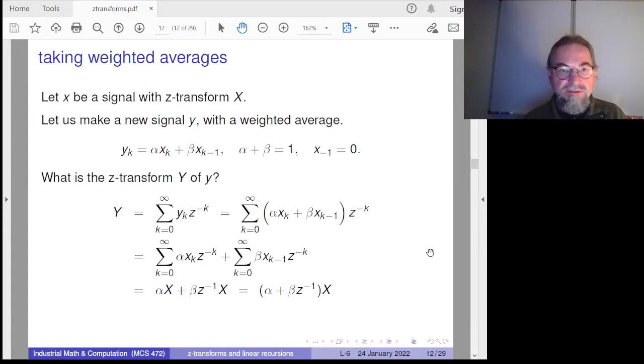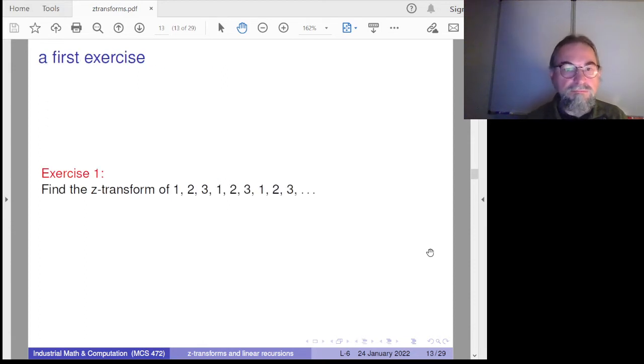I could have listed this as an exercise, but I hope you see that because of the property of the Laurent series, the z transform as an operation is a linear operation. So the z transform of a linear combination is a linear combination of the z transforms. Okay,